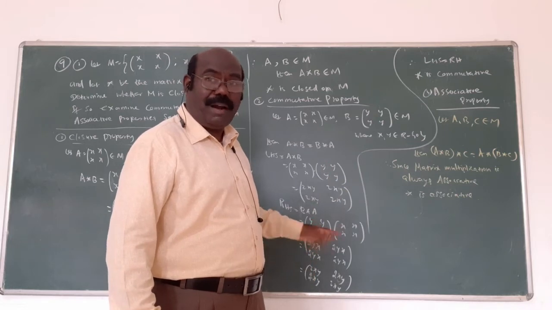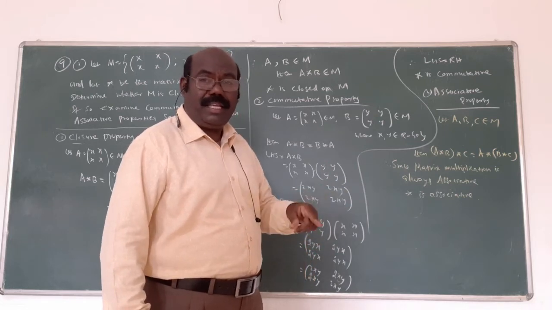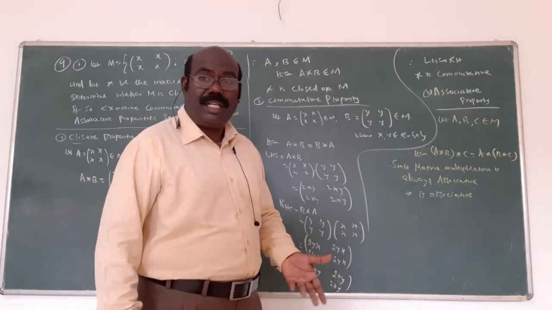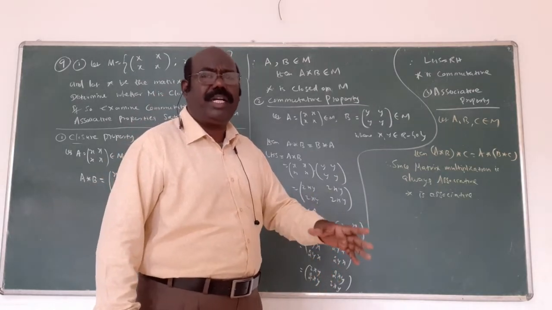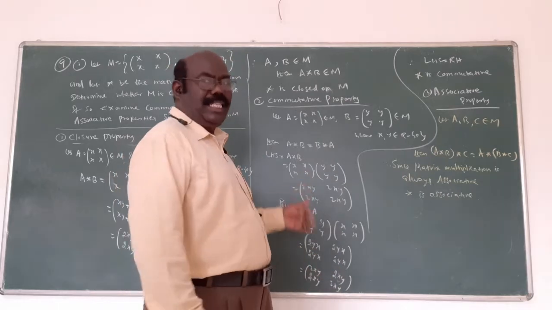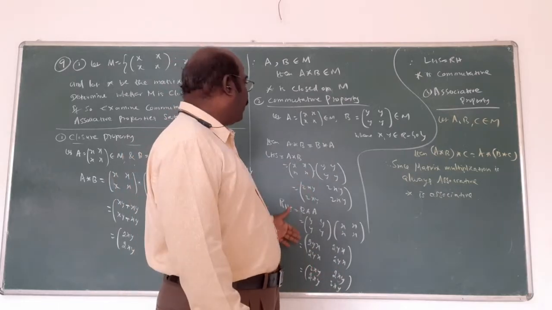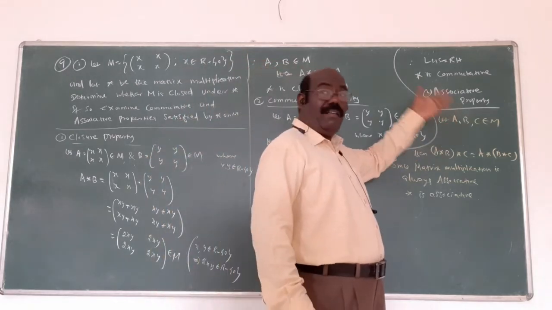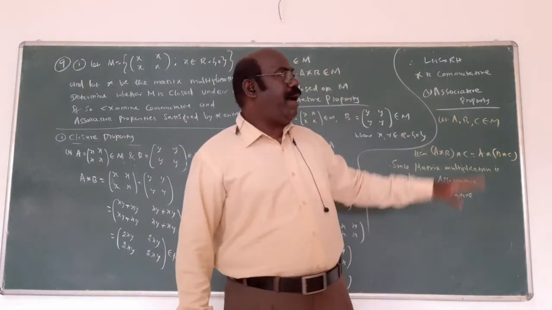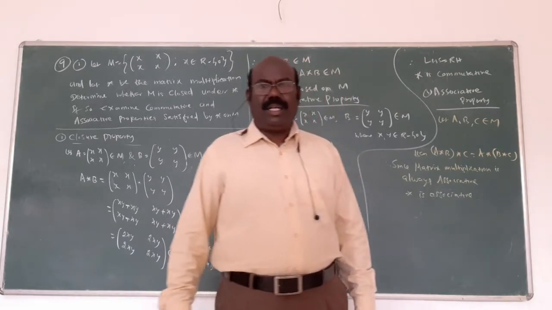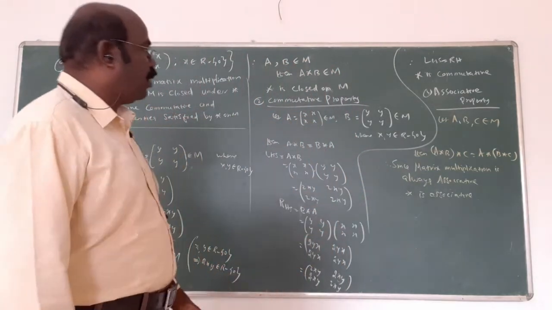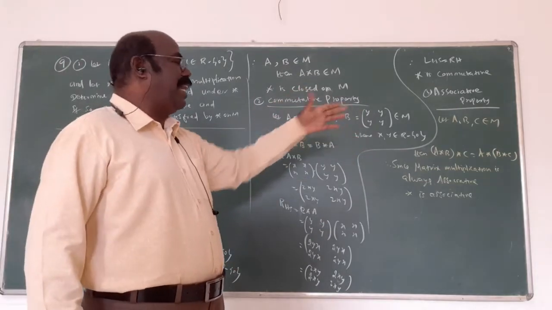In some problems they are not equal, because A into B will become a 2 cross 2 matrix and sometimes BA is a 3 cross 3 matrix. So in general, matrix multiplication is not commutative. But in this particular problem, both answers will automatically be equal. Matrix multiplication is always associative, whether the matrix is 2 cross 2 or 3 cross 3. That's why for the associative property you write the answer directly.